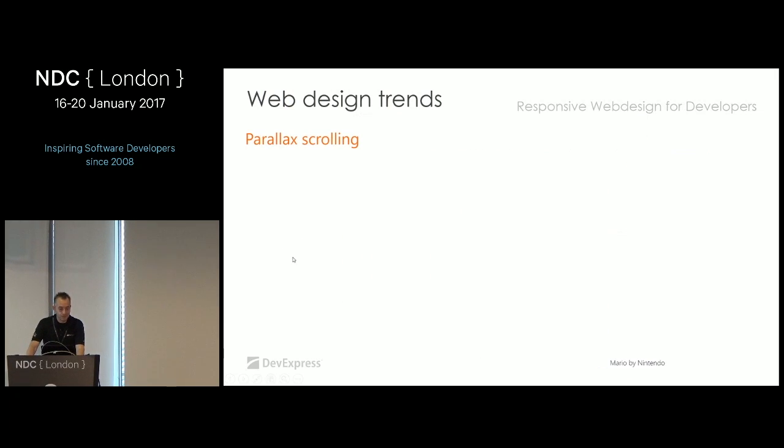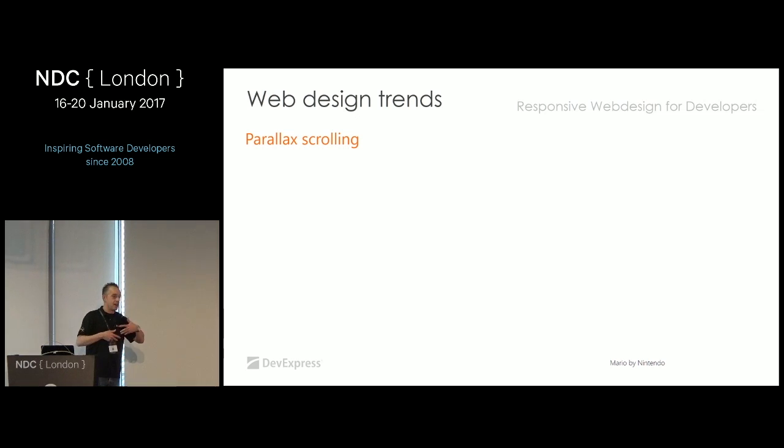So another thing that you see here and there, I would not advise you to go into this. This is typically something which is used on design agency websites, but I thought it is still cool to show because this is what's possible with CSS these days. Does anybody know what parallax scrolling is? Only one. Well, I've got a perfect example because, as with a couple of things in current web development,